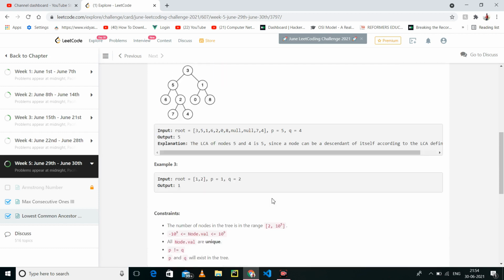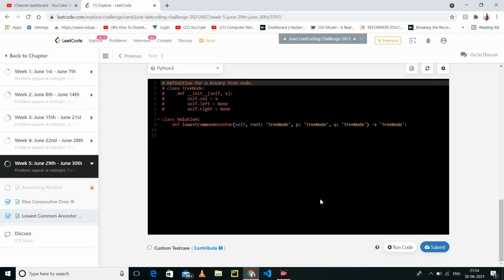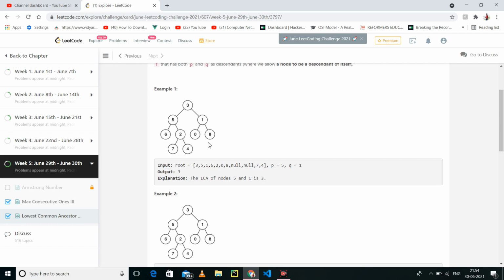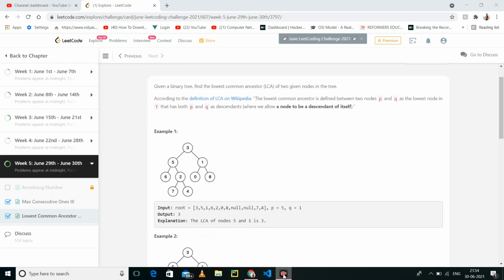So I'm going to start this problem. I have already solved it, but for you I will solve it again. First I will tell you what is actually given in the question. You have to find the lowest common ancestor. Lowest common ancestor means the common element between the two elements, like 6 and 5, 6 and 2. The common element is 5 and it is the lowest. For 6 and 2, we have 3 as well, because from 3 we can traverse both 6 and 2. So 3 is also a common ancestor, but in the question it is given that we have to find the lowest common ancestor. So the lowest is 5.